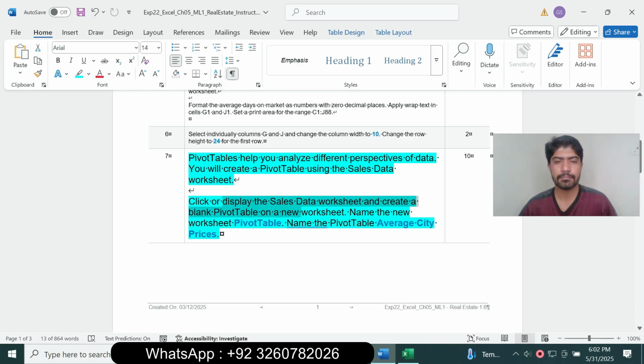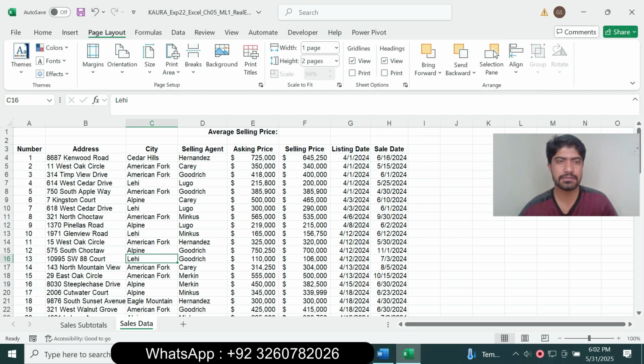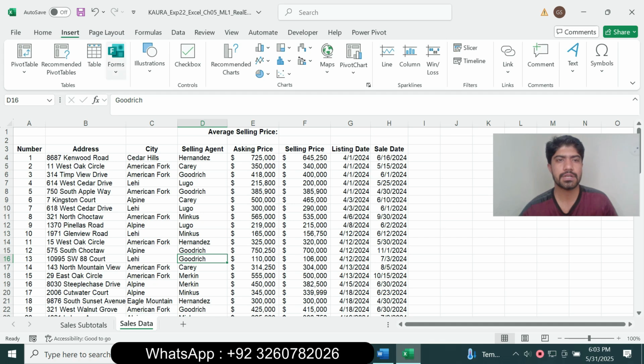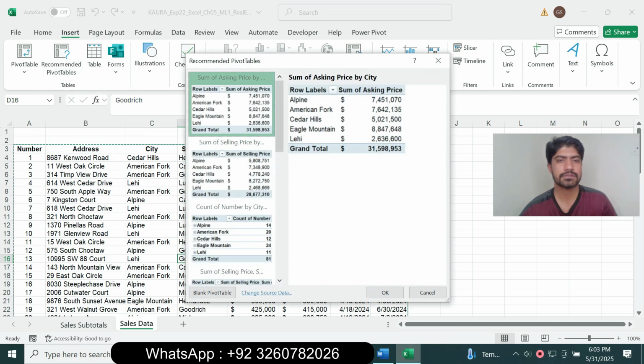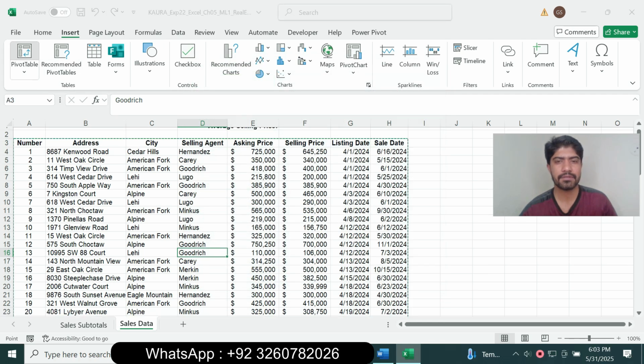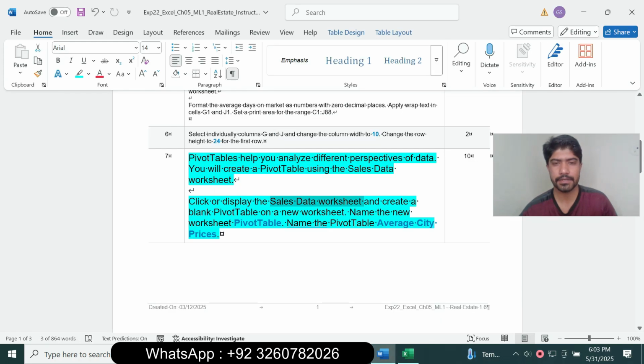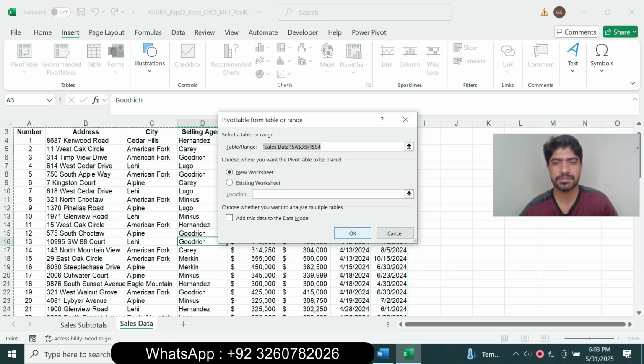so create the blank pivot table on a new worksheet. Name the new worksheet Pivot Table and name the pivot table Average City Price. So on the sale data worksheet, create the blank pivot table, go to the Insert tab and go to Recommended PivotTables, click PivotTable and display the sale data worksheet and next is create the blank pivot table on the new worksheet. Blank pivot table on the new worksheet, click OK,